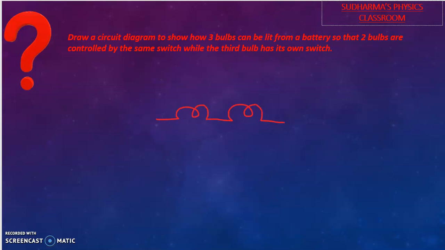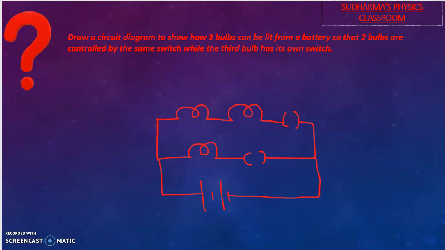So that has one switch. Another bulb is controlled by its own switch. So another bulb is there. So we can use its own switch here. Definitely we have to connect this to a battery. Right? So this gives you the complete diagram, and if you have the switches on, then the bulbs will glow. So observe here, if one of the switches is off, only that connection will go off, right? So this answer is also done. Hope you understood up to this.